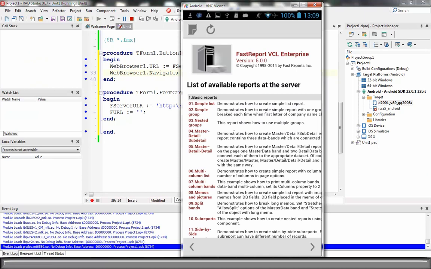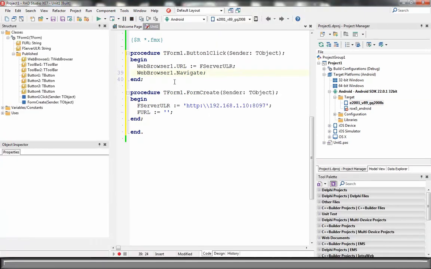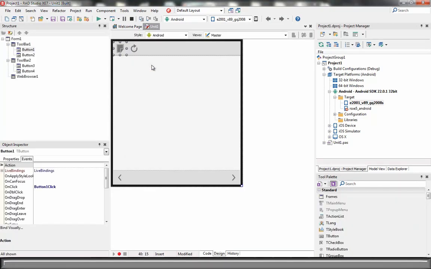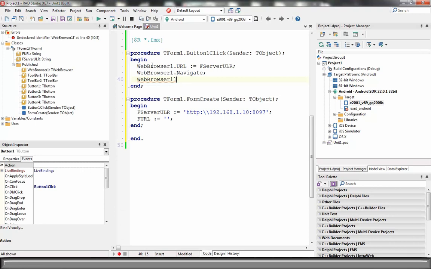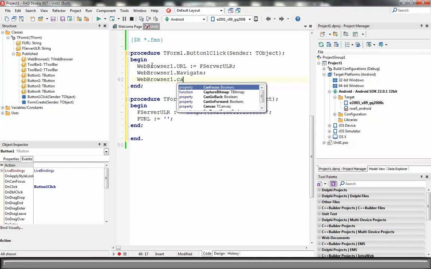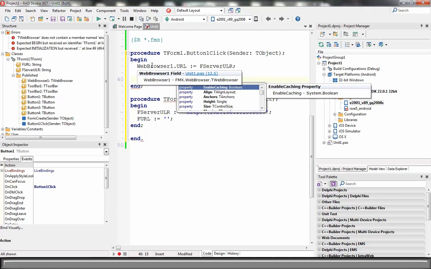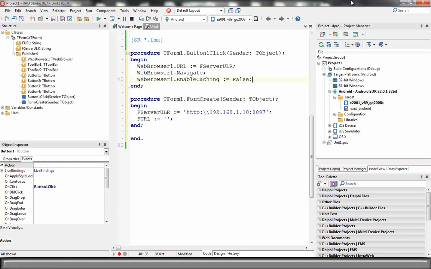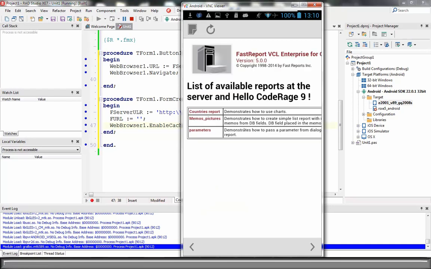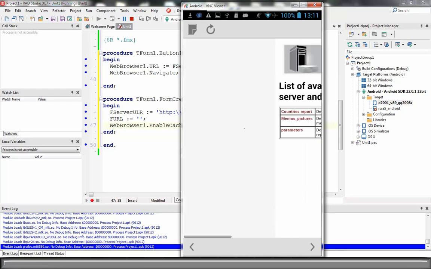So it works, but we need to set web browser caching to false, because as you see it cached the page of the original FastReport server example. Enable caching false. We can do it in the initialization of the form. So you can see the same